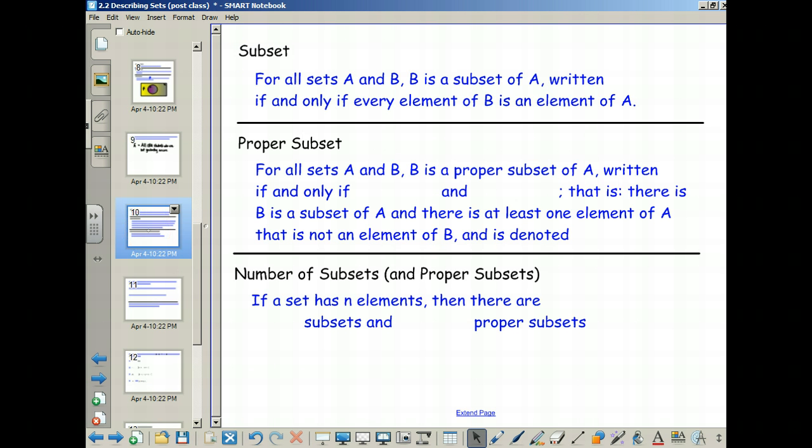All right, so I keep alluding to this idea of something contained inside of something else, and specifically that's called a subset. So for all sets A and B,